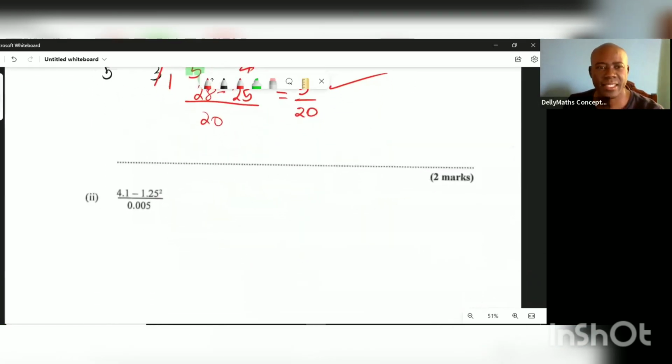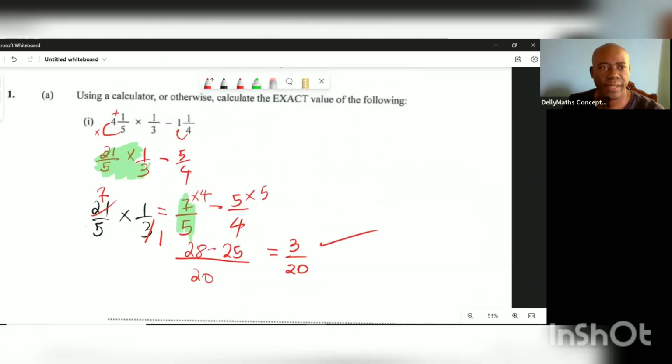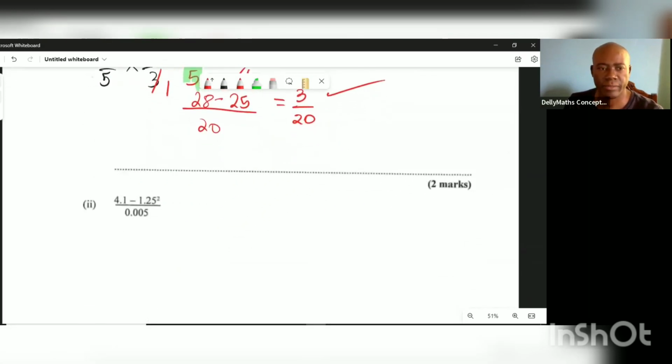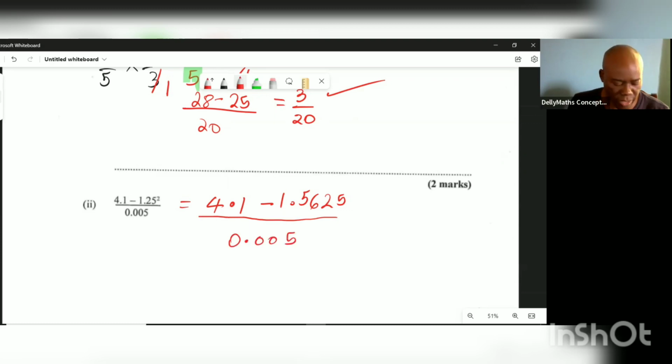The next question says, find the value of this using a calculator. So all we want to do is write 4.1 minus 1.25, and we want to square the 1.25, and then we'll get minus 1.5625, and all of that is over 0.005. Quickly, I just want to find the value for the top, 4.1 minus 1.5625, and that becomes